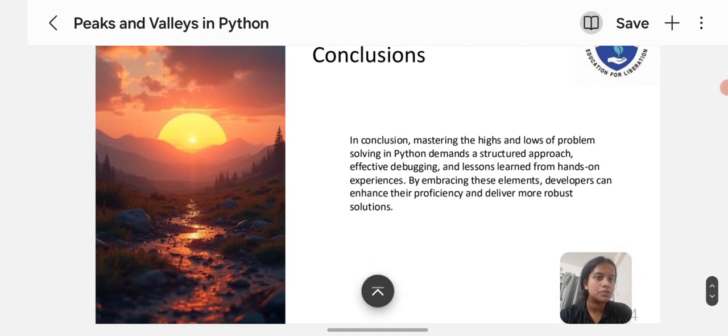Conclusion. In conclusion, mastering the highs and lows of problem solving in Python depends on a structured approach, effective debugging, and lessons learned from hands-on experiences. By embracing these elements,